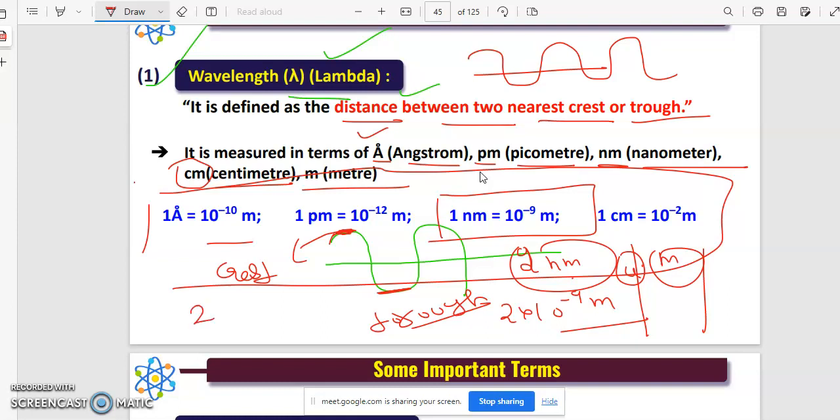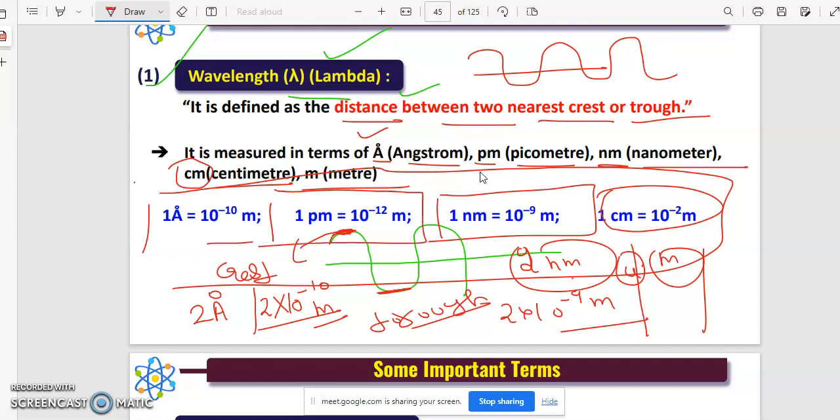In the same way, for example, if a wavelength of 2 angstrom is given and you have to convert it into meter, you will just multiply it by 10 raised to power minus 10. So it will be 2 multiplied by 10 raised to power minus 10 meter. Also, 1 centimeter is equal to 10 raised to power minus 2 meter, and 1 picometer is equal to 10 raised to power minus 12 meter. For example, if in a question you are given a wavelength of 3 picometer, how can you convert it into meter? You will just multiply it with